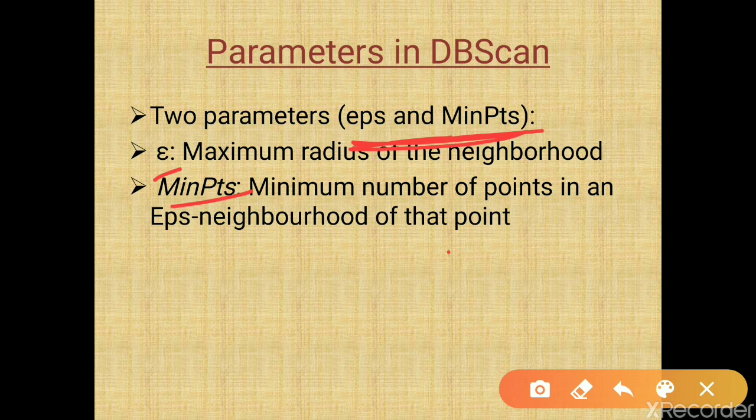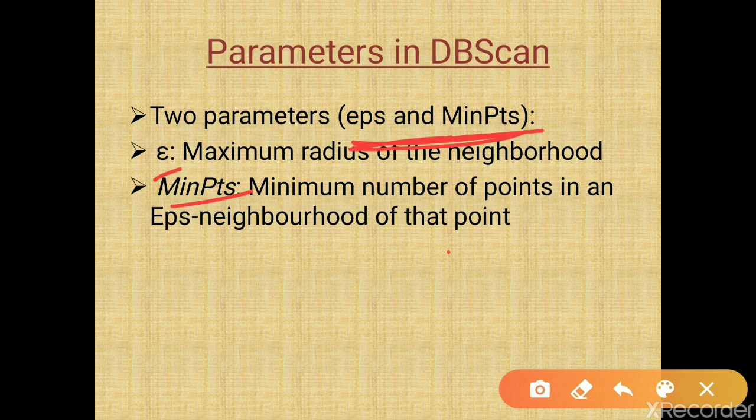So what does it mean actually? We are considering an arbitrary shape algorithm, and we have to select the clustered area, or select a radius to find that. So epsilon defines the neighborhood around a data point. If the distance between two points is lower than or equal to epsilon, then they are considered neighbors. If the epsilon value is chosen very small, then a large part of the data will be considered outliers.